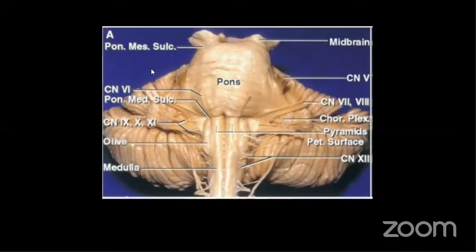Now, if we zoom it out, we can see clearly here, this is the superior medullary velum, like we explained in the schematic diagram. The median portion of the upper slope of the roof of the fourth ventricle is formed by